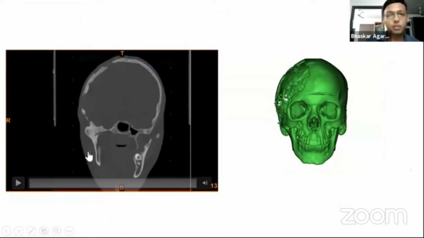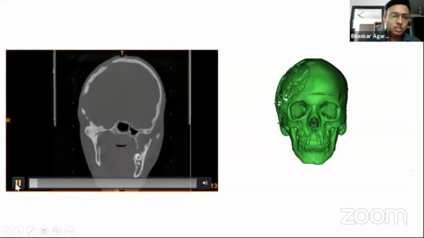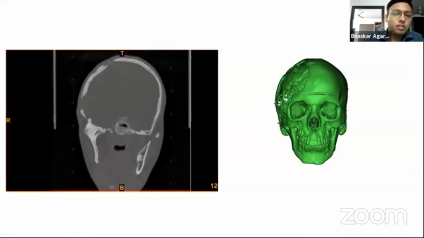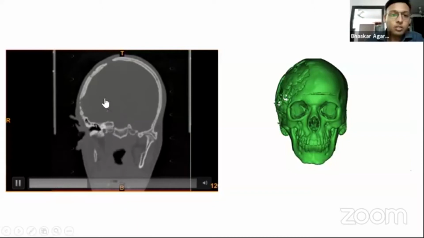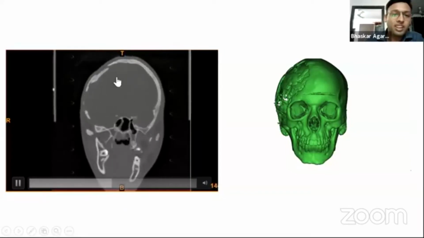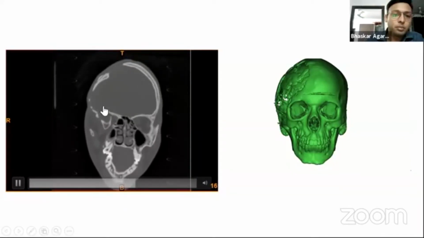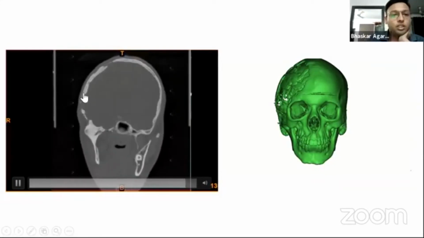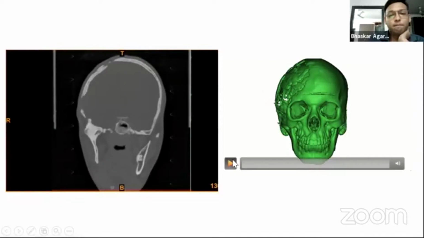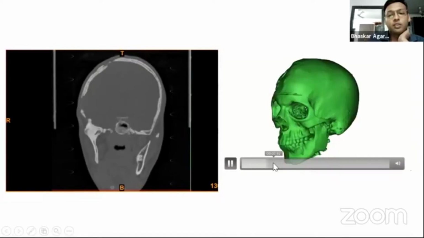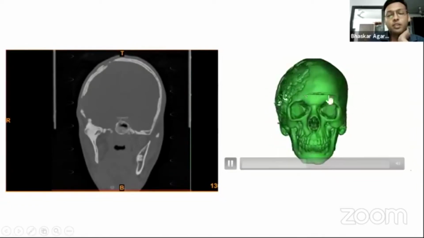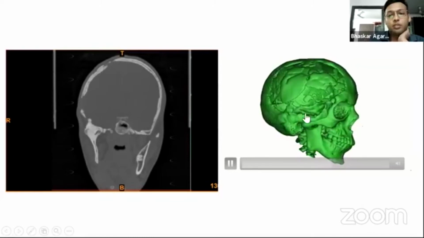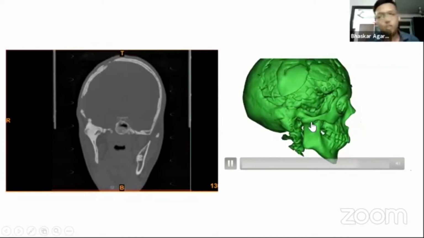You can see another patient. This is another 16-year-old male who had a fall from height and sustained trauma to the condyle as well as the brain, and had undergone craniectomy. So you can see there are a lot of defects in the cranial bone. So this is the amount of defect. So what all can I do with this data?